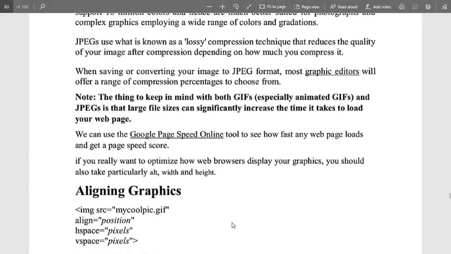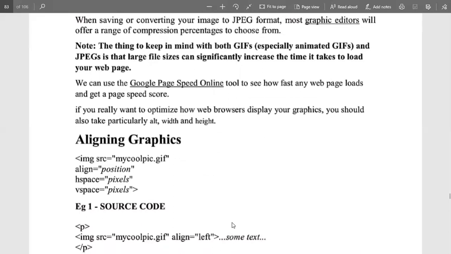There are times when an image is not loaded properly in our web page, and then the alternative text mentioned in the image tag is shown at that position. So that must be the most impressive or most optimizing one, we can say. And assigning the width and height makes it easier to show the actual width and height of an image. One thing we have to know is that GIF and JPG files are large in size, increasing the time it takes to load our web page. So we have to load our web page according to the requirement, and that will be checked with the help of the Google PageSpeed Online tool.